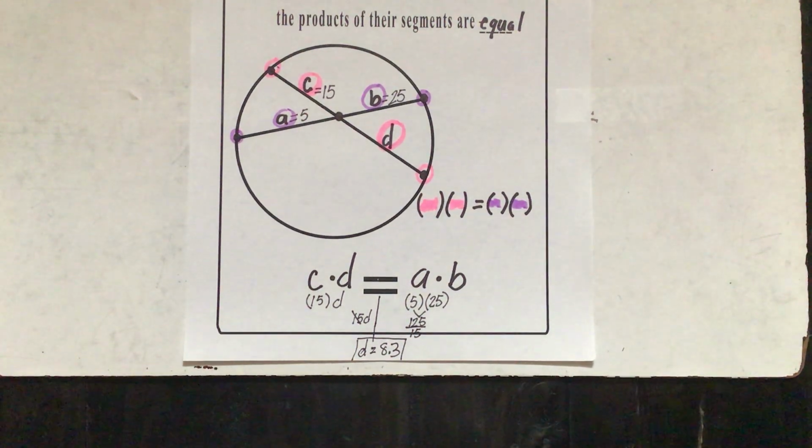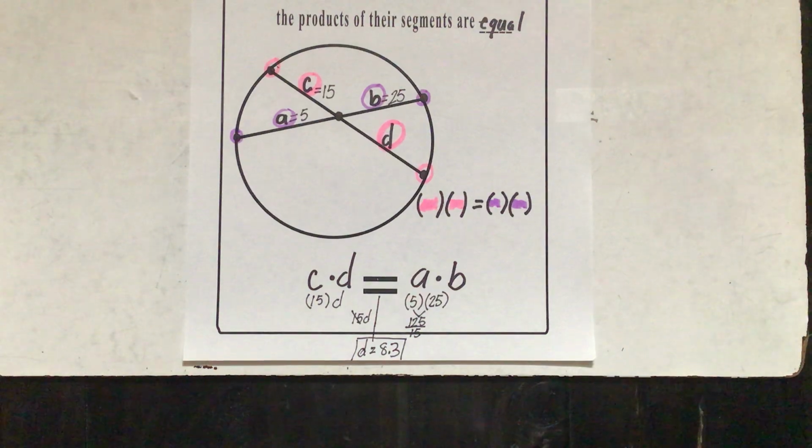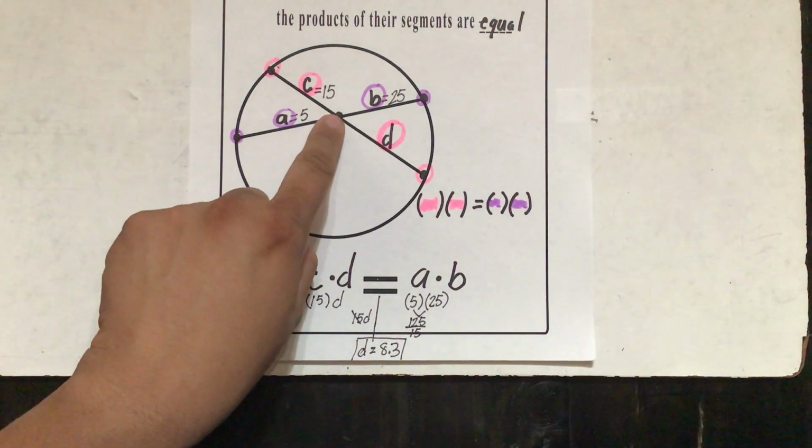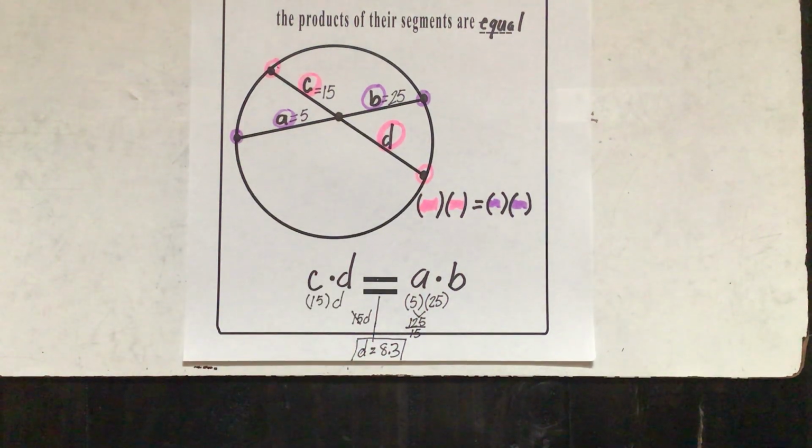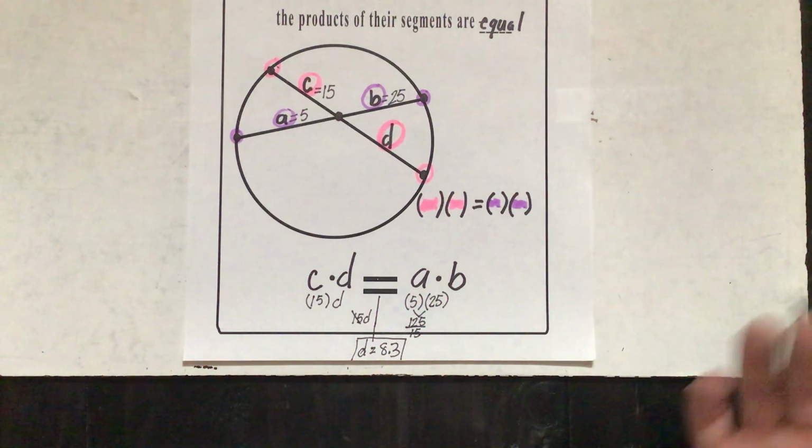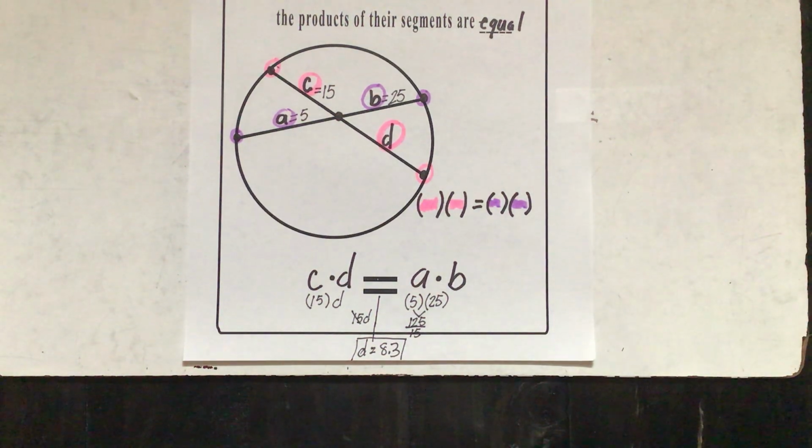So we found out how much D is. So say from here to here is 8.3 inches, centimeters, yards, feet, whatever it is that the problem is asking for, right? In this case, it was units because there was no specific measurement. So it's just considered units. All right. So that's the idea